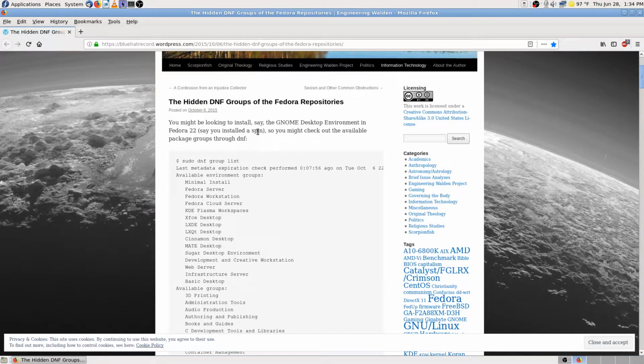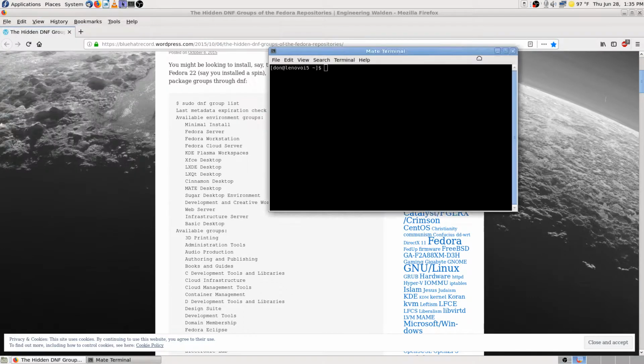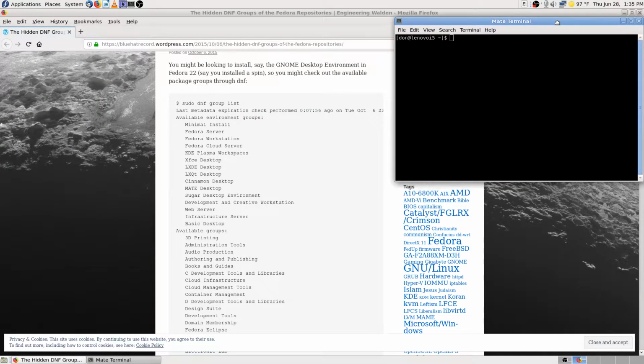Okay, you might be looking to install GNOME desktop environment, Fedora. See, this is older, Fedora 22. Say you install a spin, and you might check available package groups. Okay, so through DNF. Oh, 22 had DNF. Okay, so go ahead and open this up like this. And go ahead and get SU, so that I can run these commands. Okay, I'm just gonna